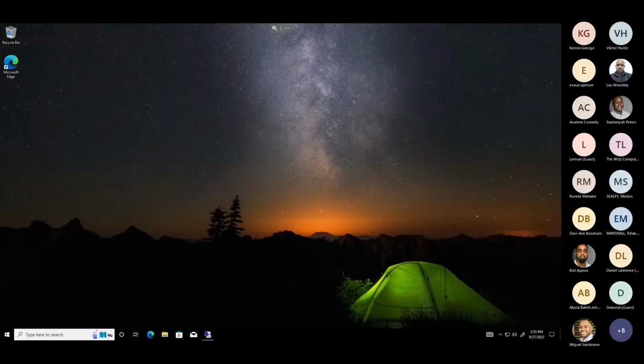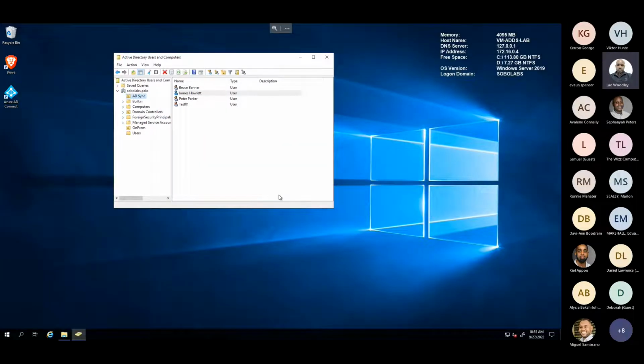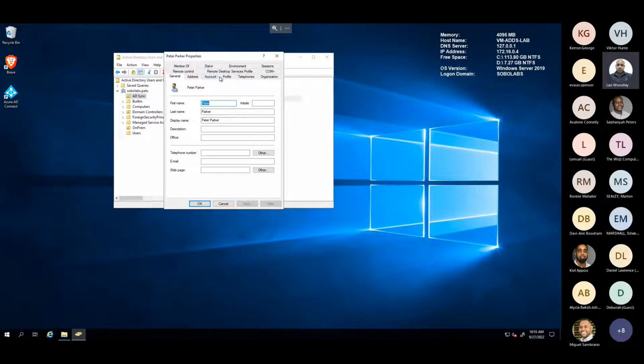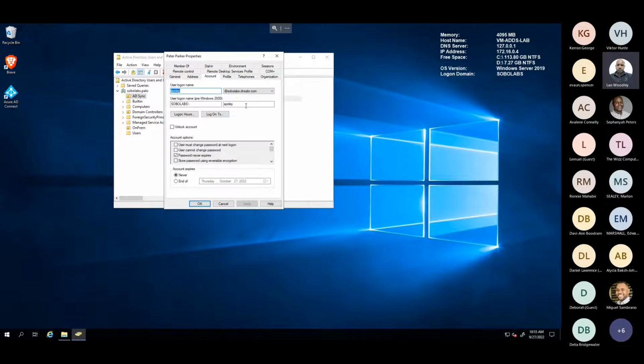Just switching over to our on-prem Active Directory server. This gives you a view of where these accounts really live. Peter Parker, this is an account that sits on-prem. All right.